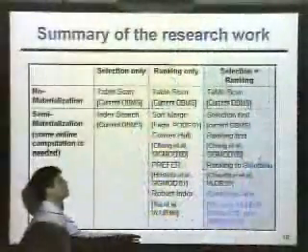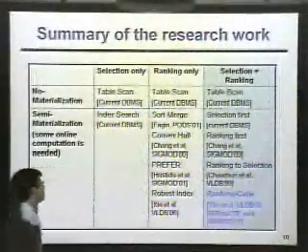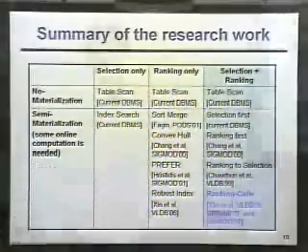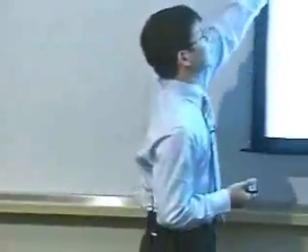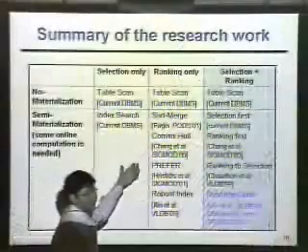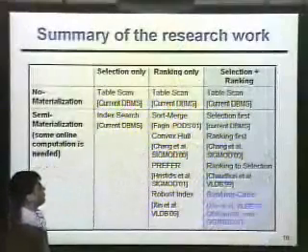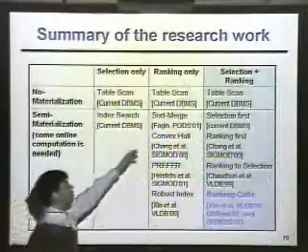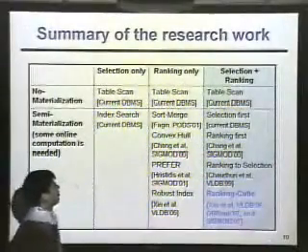So we classify the methods into two categories. One is no materialization. Everything is processed from scratch, so the only way we can do it is table scan. Either there's only selection, only ranking, or both selection and ranking, they have to do table scan. Then there is some work we call semi-materialization. The reason I call it semi-materialization is because we cannot get the result right away. We probably need some online computation. For example, with selection only, we need to do index search. With ranking only, there are very fruitful research results on this. One influential work is the sort-merge framework proposed by Fagin at IBM Research.